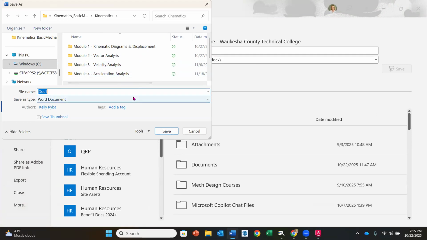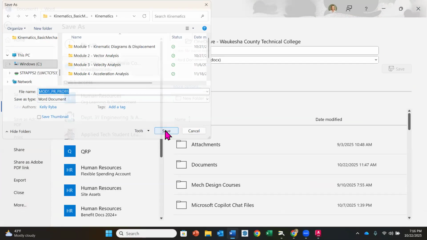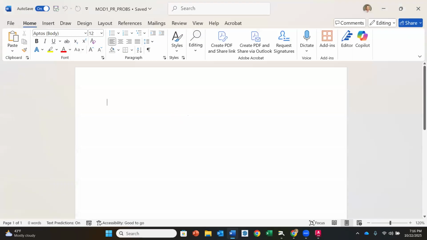And so I'm going to call this Mod1_practice probs. Okay. I'm going to say save. All right. And now I'm going to insert my screen snips for each one of these. Now, I can put example 1.2 either here on my document. So I could say